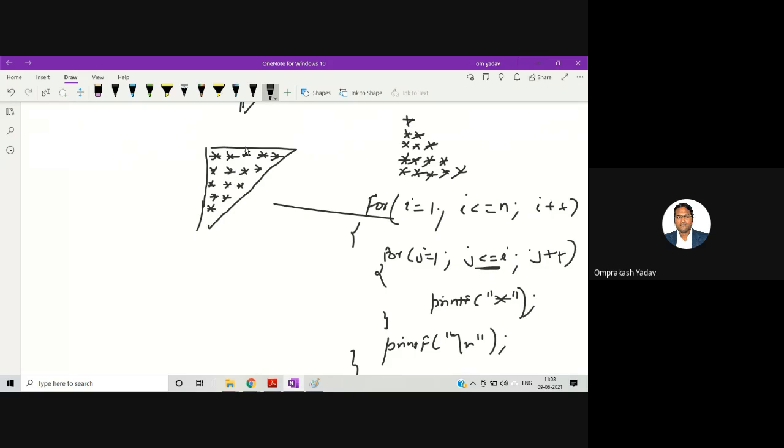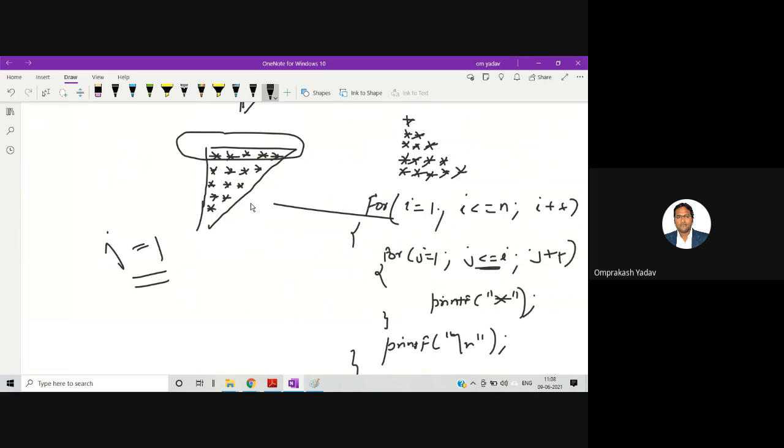But now the case is different. Here when I is 1, we want to print 5 elements in that particular row. Okay, when I is 1, we want to print 5 elements. So what we can do, we can write in different ways, but I made it very simple. You just need to do one change and everything will come.